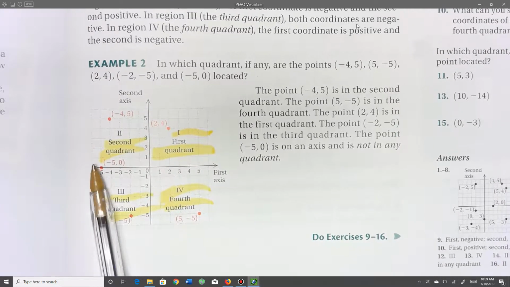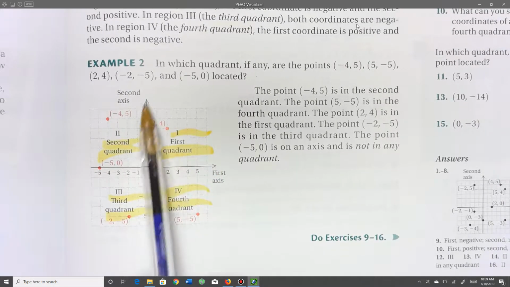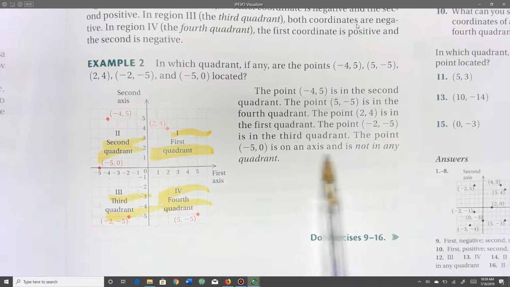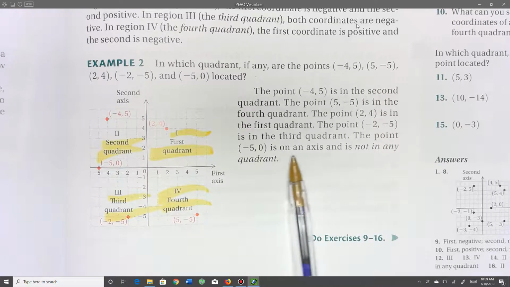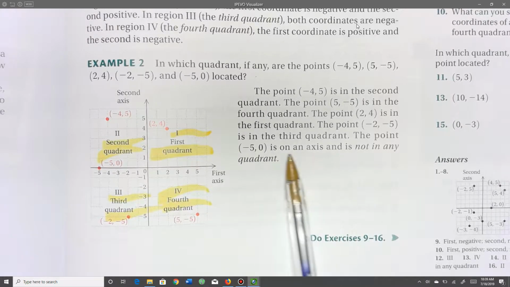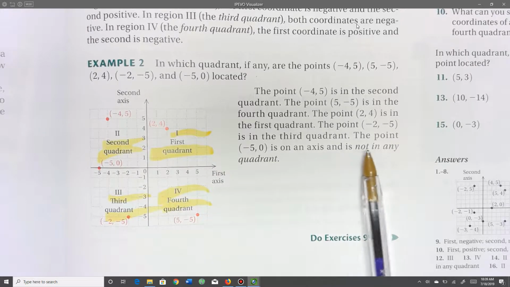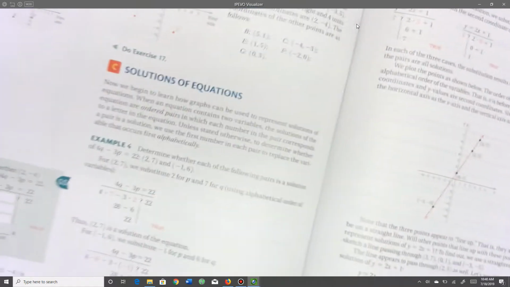But just make sure that whenever you have a point landing on your axis, it's not on any of the quadrants. And so you need to choose the answer: it's on an axis, and it's not in any quadrants. Okay. I repeat that because it's important. Okay, let me write on the page here and move on to section B,